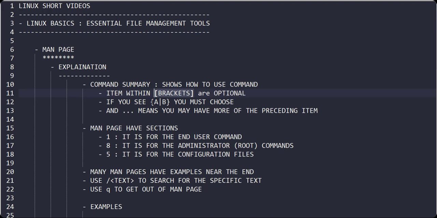If you see anything between curly braces with this pipe symbol, it means either this or this. And when you see three dots, it means you can mention some more items. I can understand that you might be confused by what I am discussing, but we will see what the man page looks like.